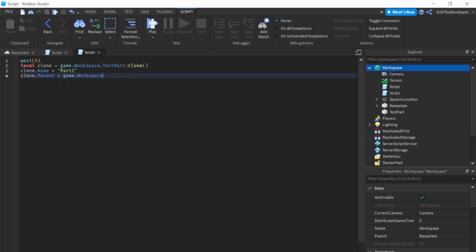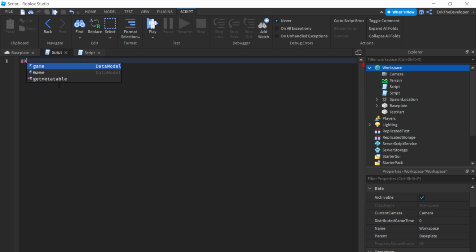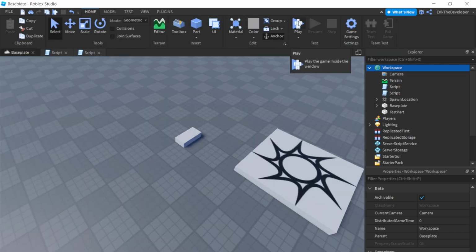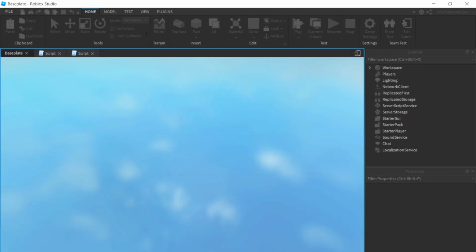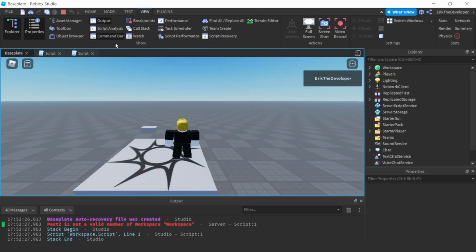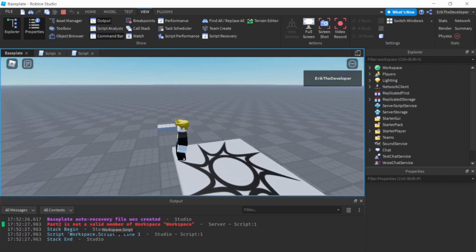What this does is clone our test part and name it something different, so basically it creates a new part. But the important thing is that it only happens after 5 seconds. If we now write a script in this first script where we try to destroy this second part, we might say game.workspace.part2 destroy, and you'll notice that it doesn't suggest anything because it doesn't see part 2 yet. This seems fair enough, but the problem is that it actually doesn't work. You'll see that it says part 2 is not a valid member of workspace,